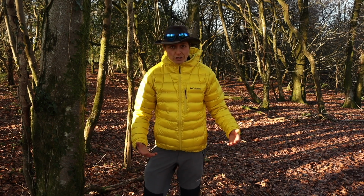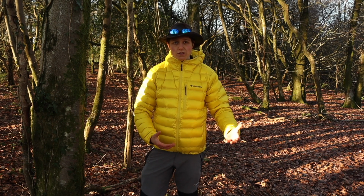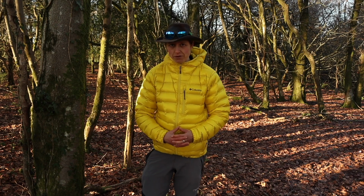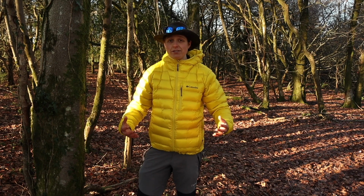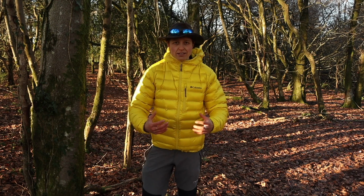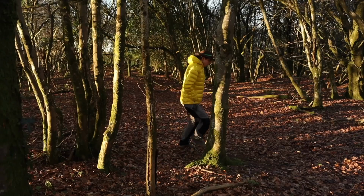This is a down jacket. Down is obviously feathers, you've got duck and you've got goose down. Columbia don't actually specify what type of down this is, but it is RDS certified, which is something you really want to be looking out for if you're going to purchase any kind of down product. What that basically means is it's responsibly sourced and ethically sourced,